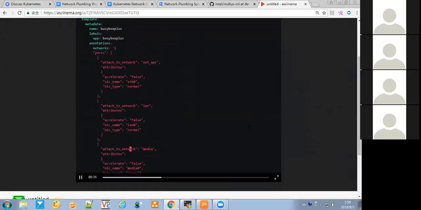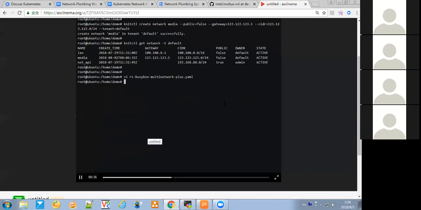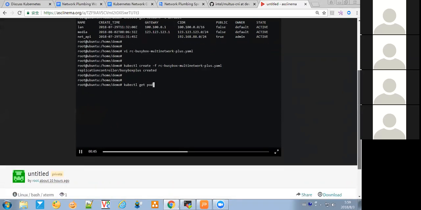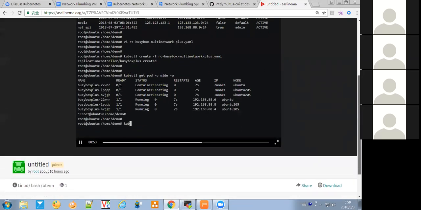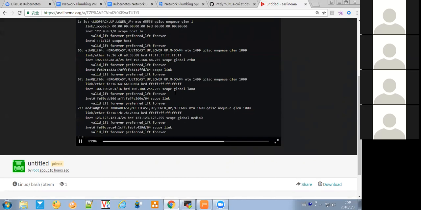Then I configure the annotation to add the media network, and create the pod.